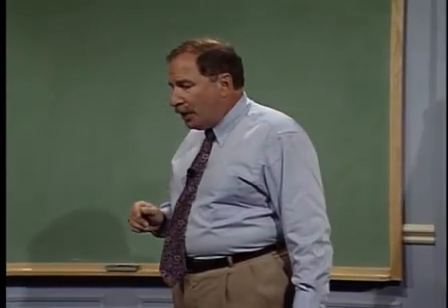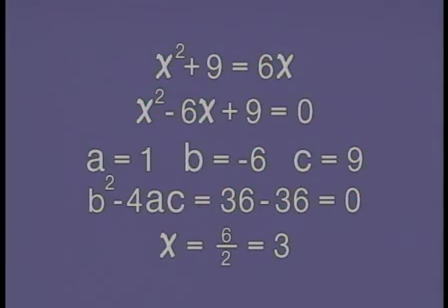So the next visual shows us the problem x squared plus 9 equals 6x. This is the problem. The question is solve for x. It's a quadratic. The first step in the quadratic process is to get it into ax squared plus bx plus c form. So we simply subtract 6x from both sides, and we now have line 2, which is highlighted, x squared minus